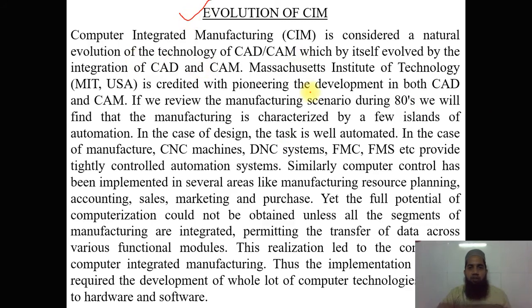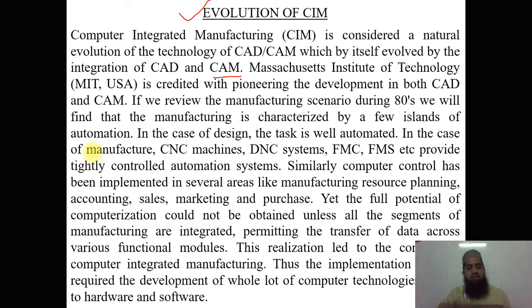Computer integrated manufacturing is considered a natural evolution of technology. CAD/CAM itself evolved by the integration of CAD and CAM. One of the world's very famous, top-ranked universities, MIT in the USA, is credited with pioneering the development of both CAD and CAM. If we review the manufacturing scenario during the 80s, we will find that manufacturing is characterized by a few